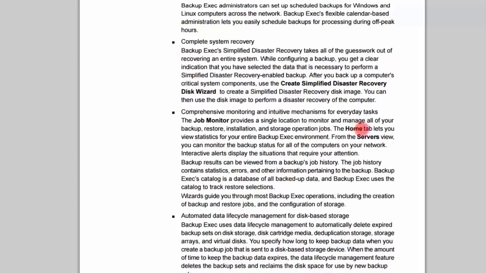So you can see that the Job Monitor is where you're going to pretty much look at everything that Backup Exec is doing and make sure that on a day-to-day basis it's all working properly. Because the last thing you want to do is find out that it hasn't backed up for a week and then you have a crash. So that's just a little bit of overview